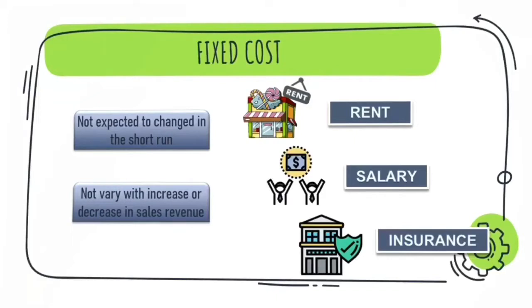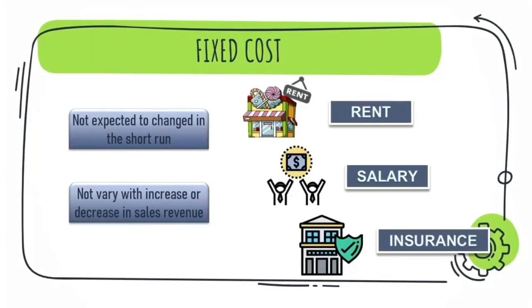Normally, every month, an organization pays the same amount, like your rent. If you are renting a shop for 5,000 per month,